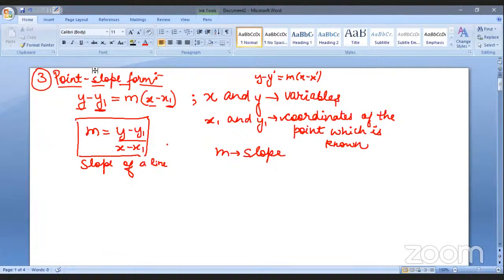So basically, in point slope form, we know a point, x1, y1 are the coordinates, and m is the slope. So this is the point slope form. This we know. Now the next thing is